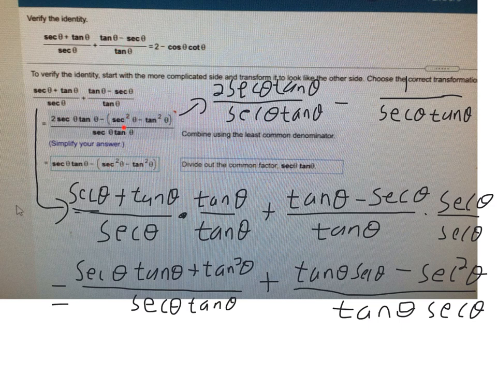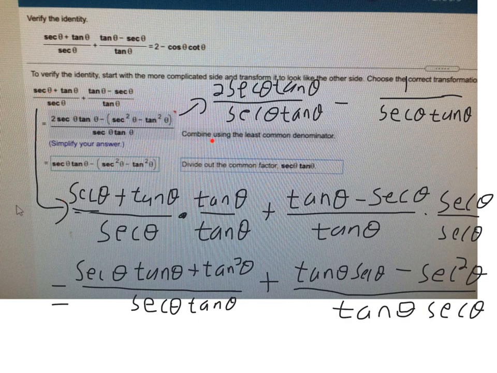Identities can be challenging. With practice, you get better, and there's multiple ways of working these. Of course, they don't give you really one option here. In reality, there's many ways to work this to show this is true. So they start with this, and it looks like you had a little bit of problem going from here to